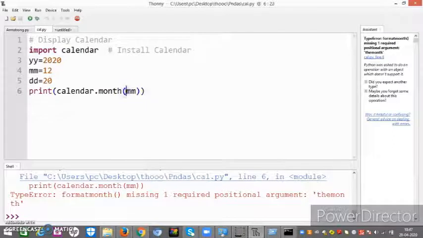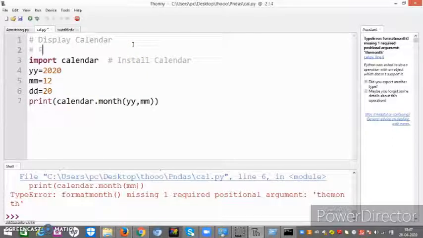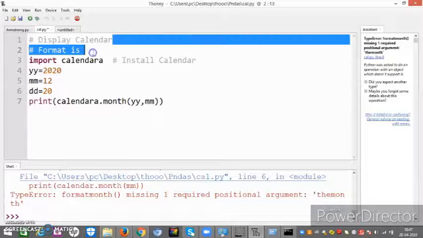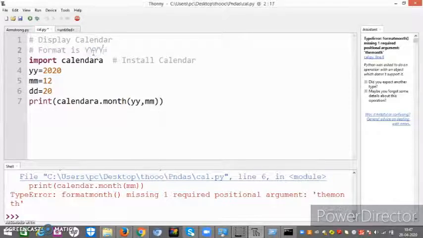You can write it here YY, MM, because our supported format is year, month. Wait. No, this is our supported format.